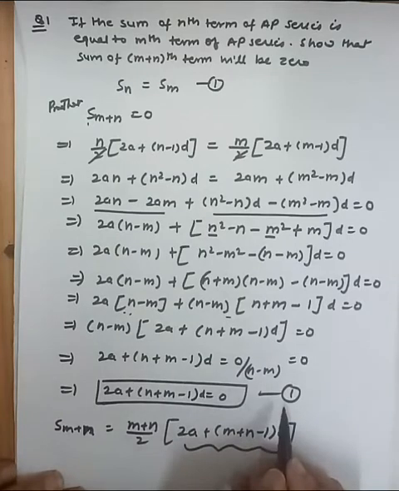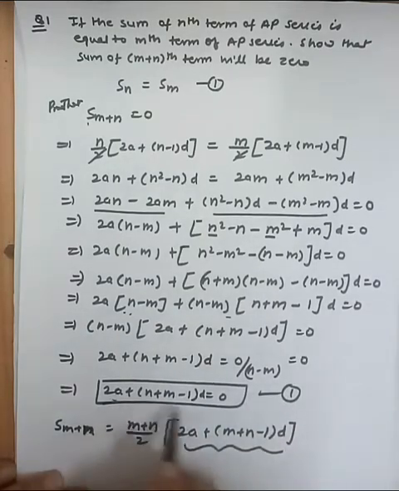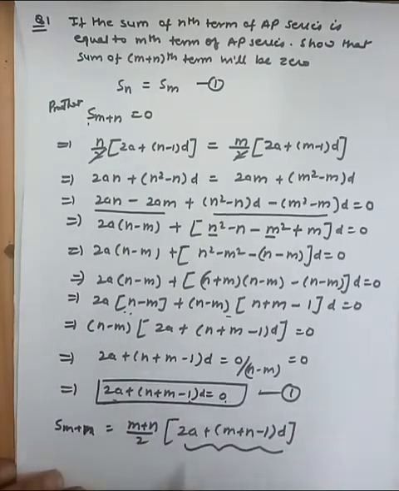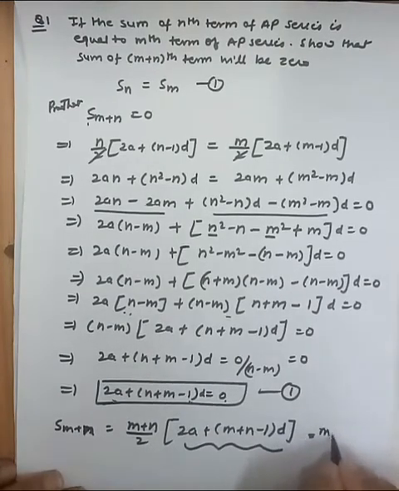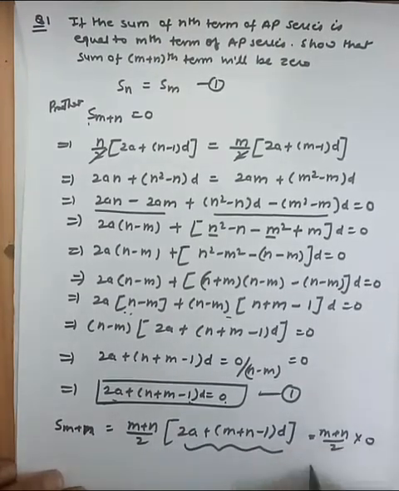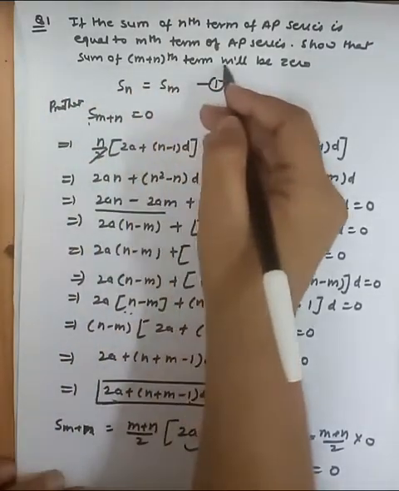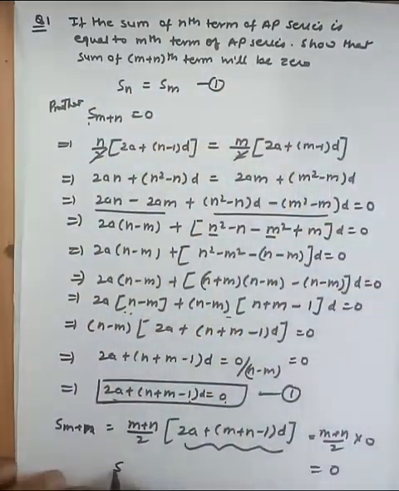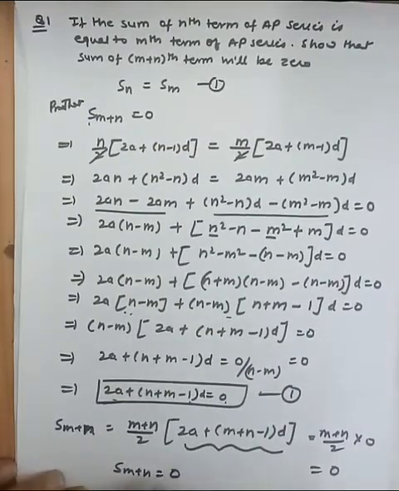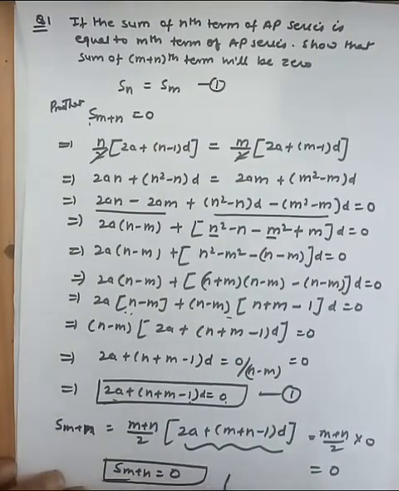You see this expression is your first equation, and its left hand side value is 0. So put the value in here. So we get 0, and you wanted to show the sum of the m plus n terms will be 0. So you see here, your question is closed now. Okay, thank you class.